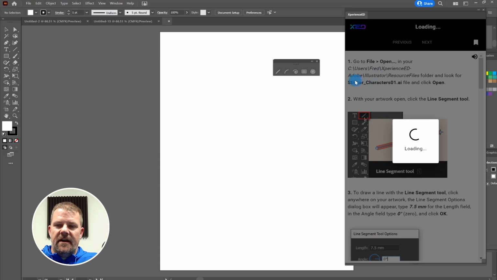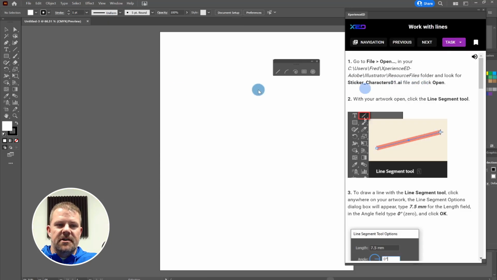In some cases, I'll have some resource files. So in this case, it's telling me to go to File, Open, and to look for the sticker character 01.ai file, and to click Open. So when it asks me to do that, I'm going to go to File, Open,